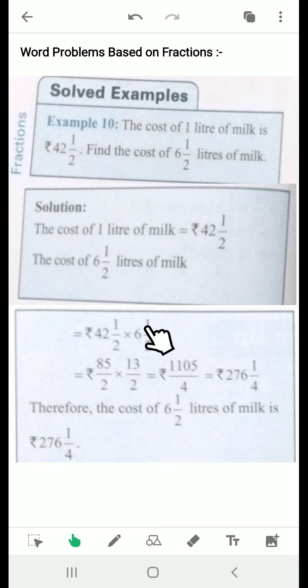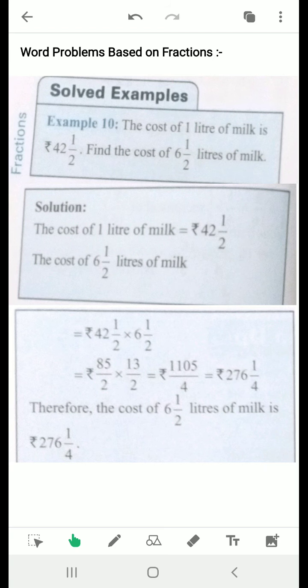How we multiplied? Convert this mixed fraction into improper fraction and then multiply the numerator by numerator, denominator by denominator, and again converted the improper fraction into mixed fraction. So you have already done so many questions of same pattern. Cost of 1 is given, you need to find the cost of more. Maybe the data will be changed. Sometimes the natural numbers are given, sometimes decimals were given, as in your previous class also. So always the pattern of question will remain same, only the data will be different.